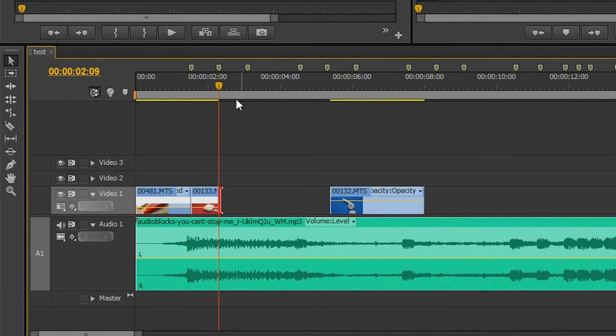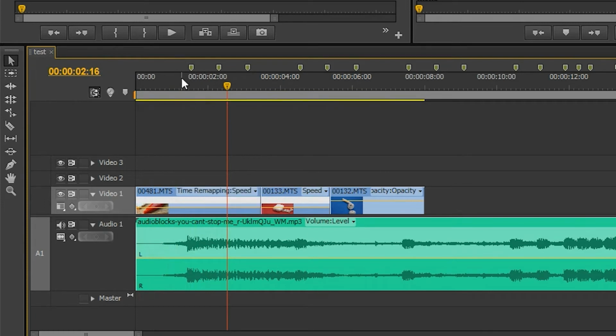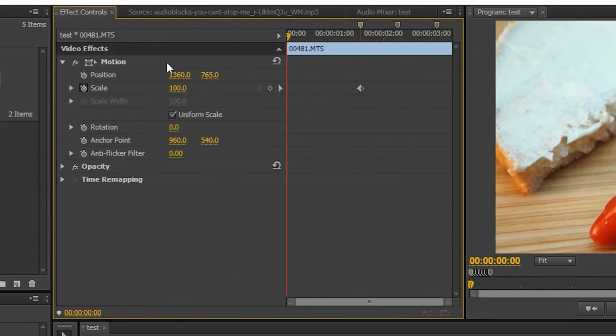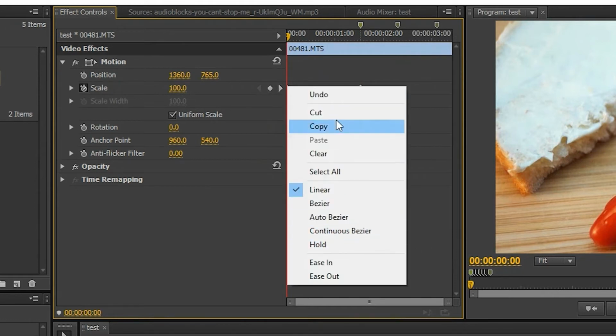But let's say you don't want to cut exactly there because the clip is too short, you can't see it and whatever. But what you can do is go into the effect controls right here and make a keyframe for the scale, and then again at the beginning. The first keyframe, right click on it and choose hold for the temporal interpolation,